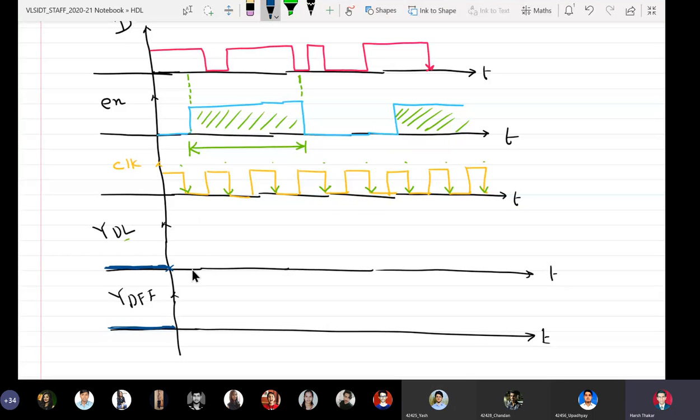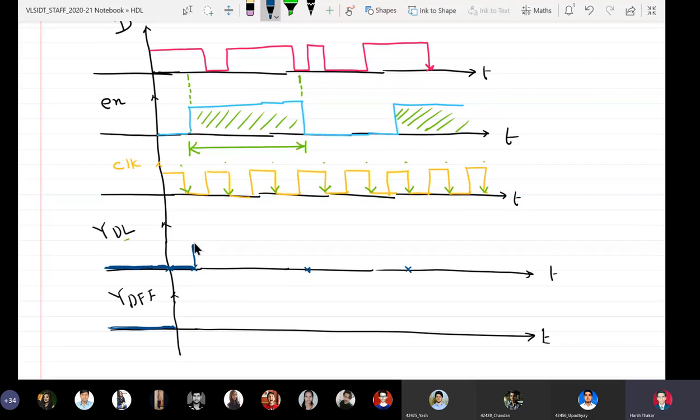So the D flip-flop is getting enabled at this instant. It is enabled from this instant to this instant, and again it becomes enabled from this instant henceforth. Because it is not enabled, the input is equal to 1 at t equal to 0, but because enable is equal to 0, this input will not be transmitted to output. So till the enable signal arrives, the output will be equal to 0. It will continue at 0 here.